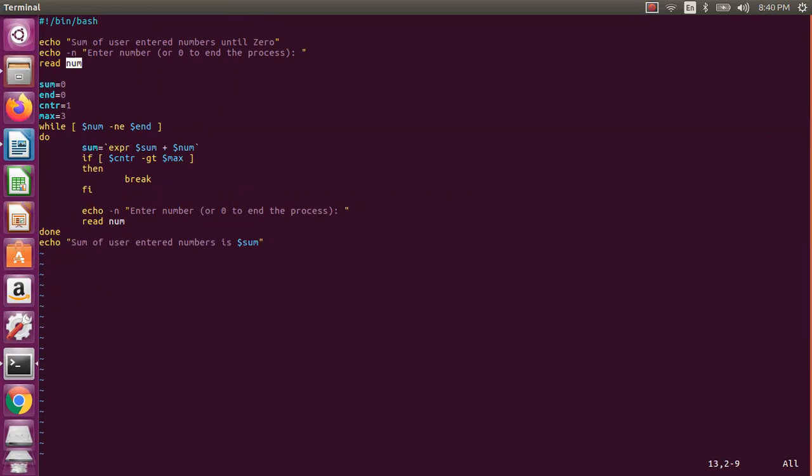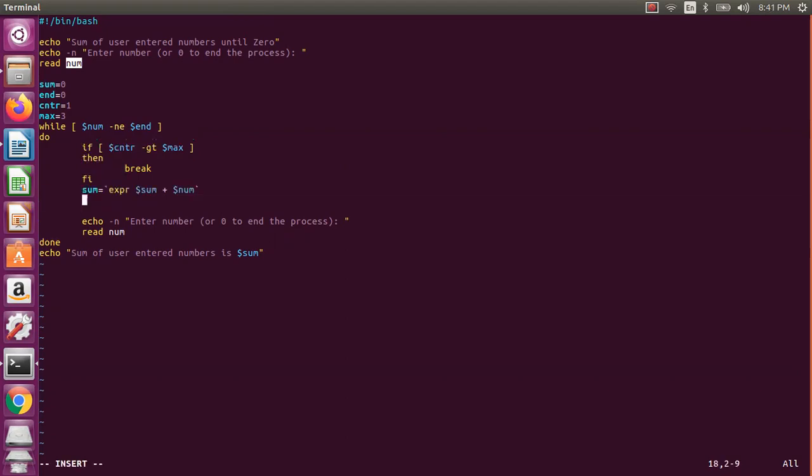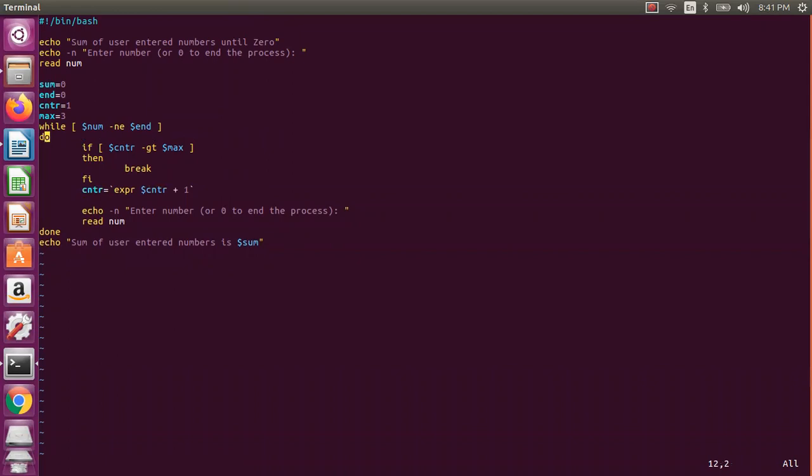If the number is 0, it will be the count. If it is 1, then I need to increment the counter also, right? So the counter is 1 actually, so not equal to. Let me write the same thing, and I need to use the counter as well. Expression dollar counter plus 1, because it will loop. I need to have the counter also. So the first number I have taken, so counter 1, then I need to sum before.